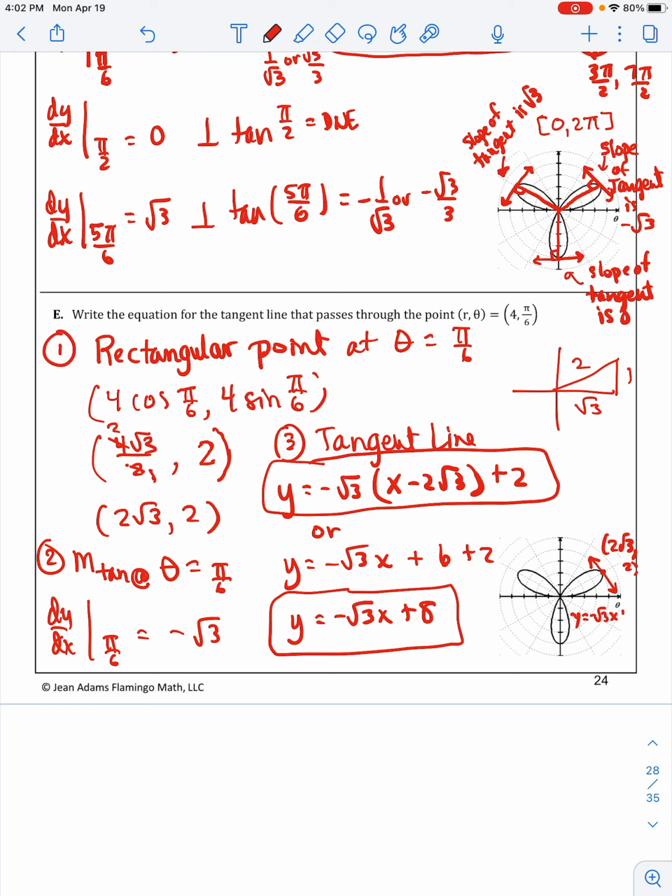And this equation of the line, y equals negative root 3 x plus 8. And that is it. I'm finally done with 9.5. I'm sorry I kept getting interrupted, but we finally